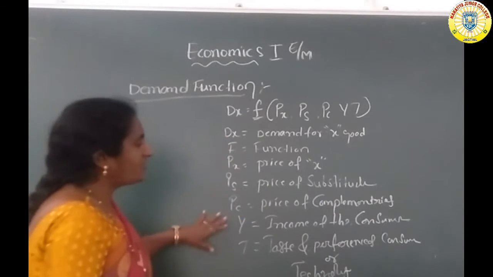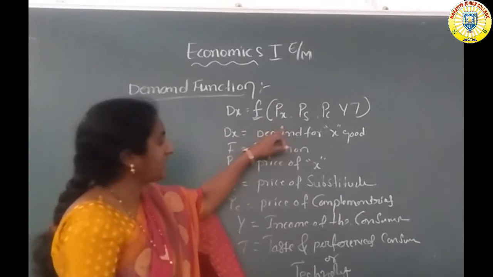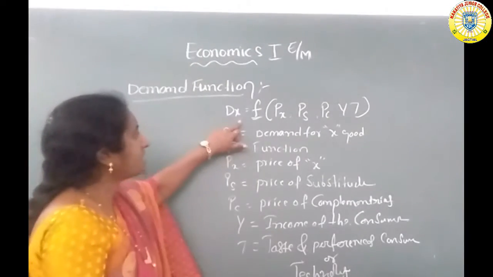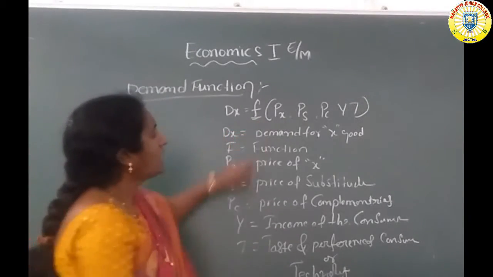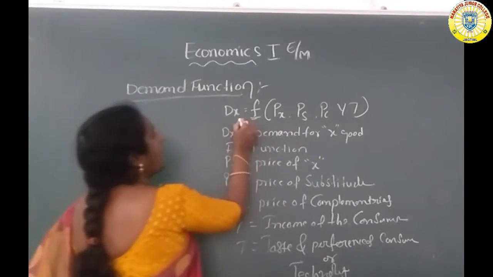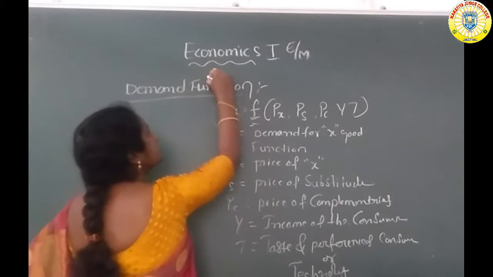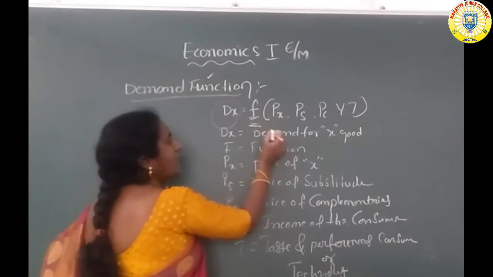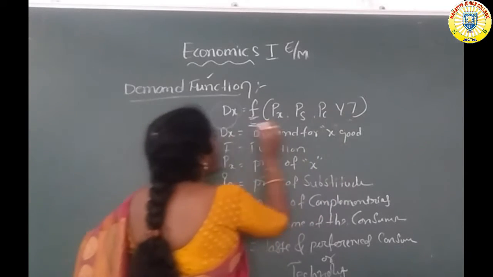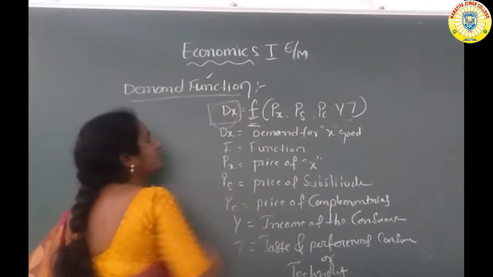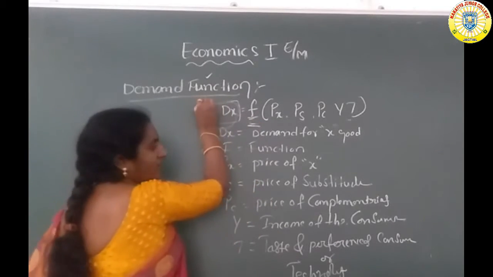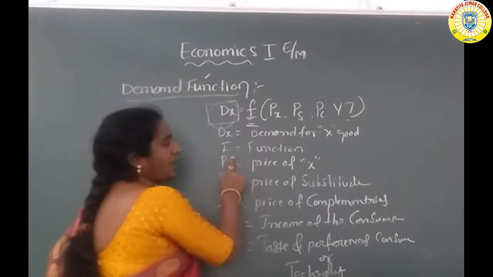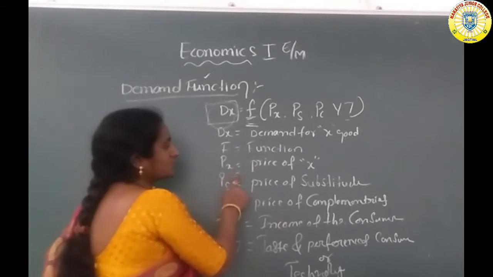These factors influence the change in demand. That's why these factors are known as the determining factors of demand. The functional relationship between the determining factors of demand and the quantity of demand for the goods is known as the demand function. Okay? Where Dx is the demand for x commodity, f is the functional relationship, Px shows the price of x,